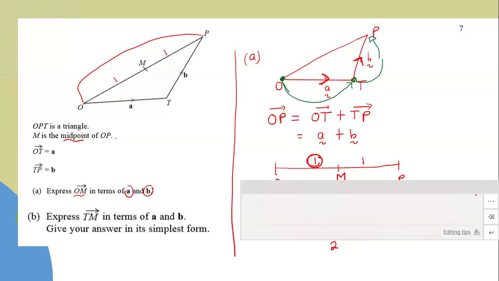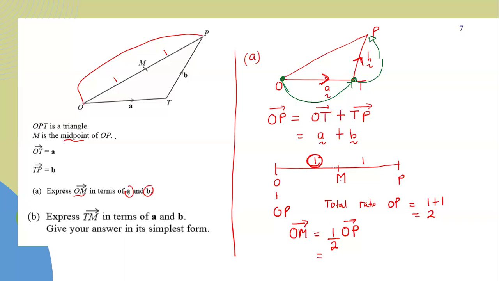People are saying it is clear. Very good. Now, since it is clear, we have already obtained our O to P as A plus B. So I'm going to come here and I say this is a half, then this is going to be A plus B. And that is going to be our answer for O to M. And when you look at it, we have it written in the form of A and B. That is your O to M. But I want you to pay attention to the direction, that the direction was O to M. That's why here we had it as O to P. Okay, we can continue.